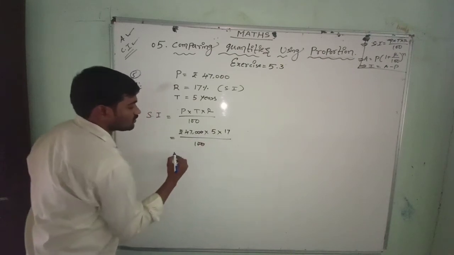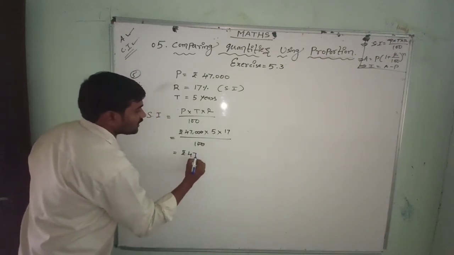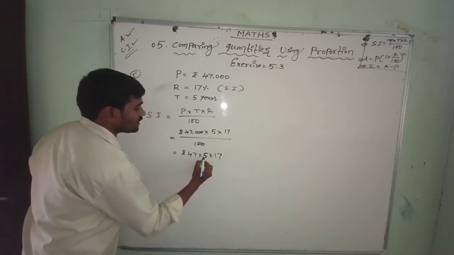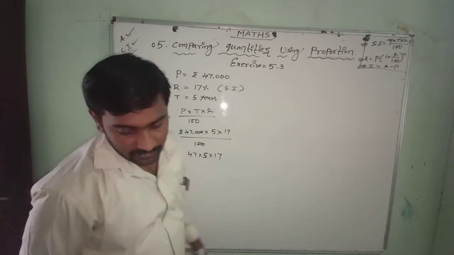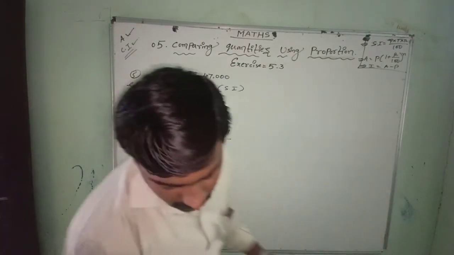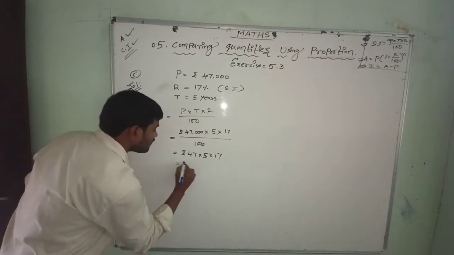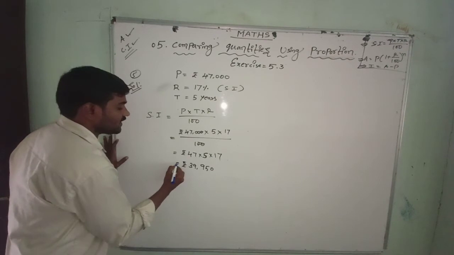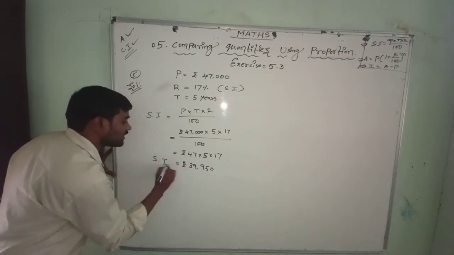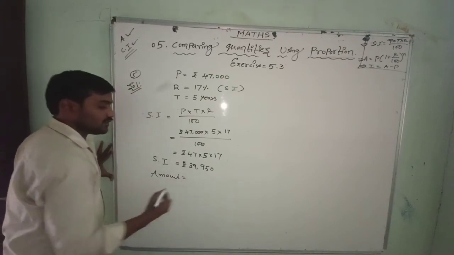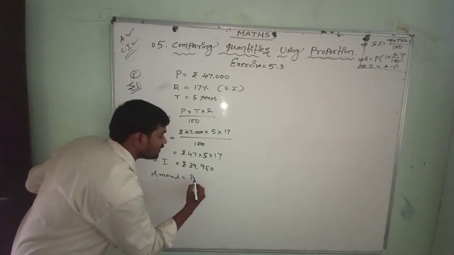These two zeros, then these two zeros get cancelled. Rupees 47 into 5 into 17. If you do the 47 into 5 into 17, you get 39,950 rupees. 39,950. This will be the interest. What is the SI? It is simple interest. Then amount equal to principal